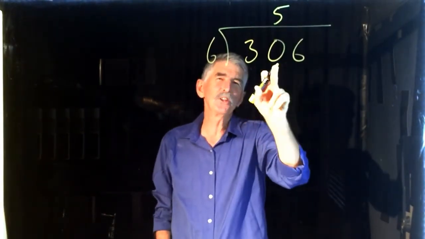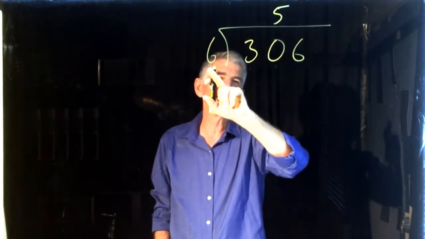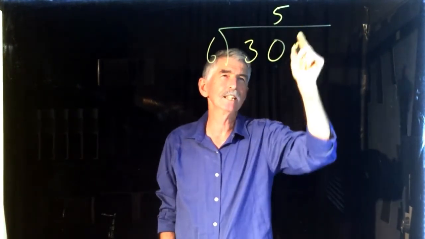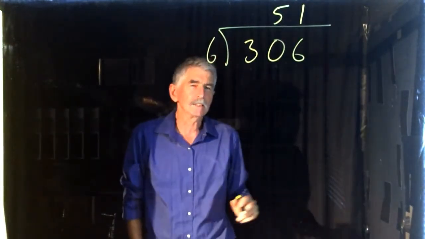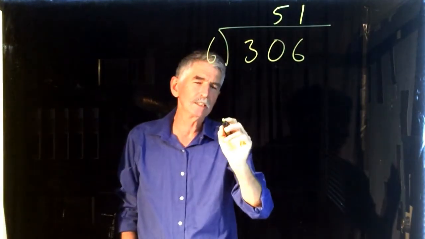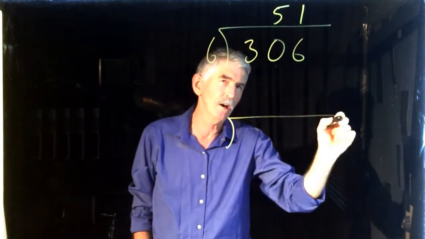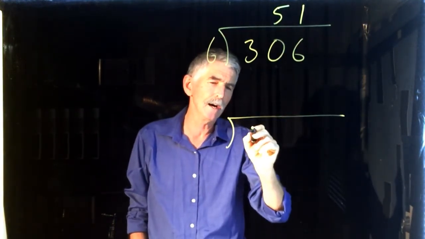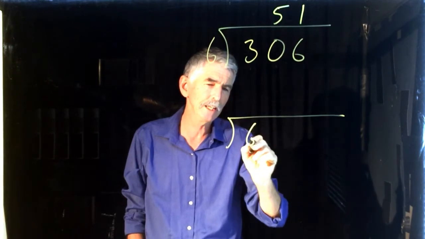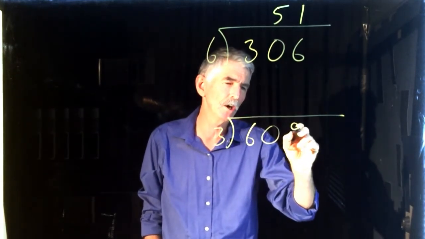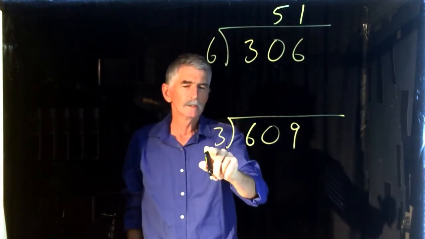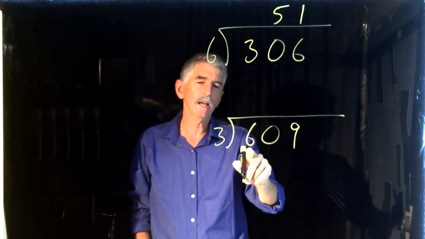So after you've divided 30 by 6 and you get 5, you're going to divide 6 into 6 and the answer is going to be 51. Okay, so let's do another one very similar to that. We're going to divide 609 by 3. Yeah, that's a good one. So we're going to divide 3